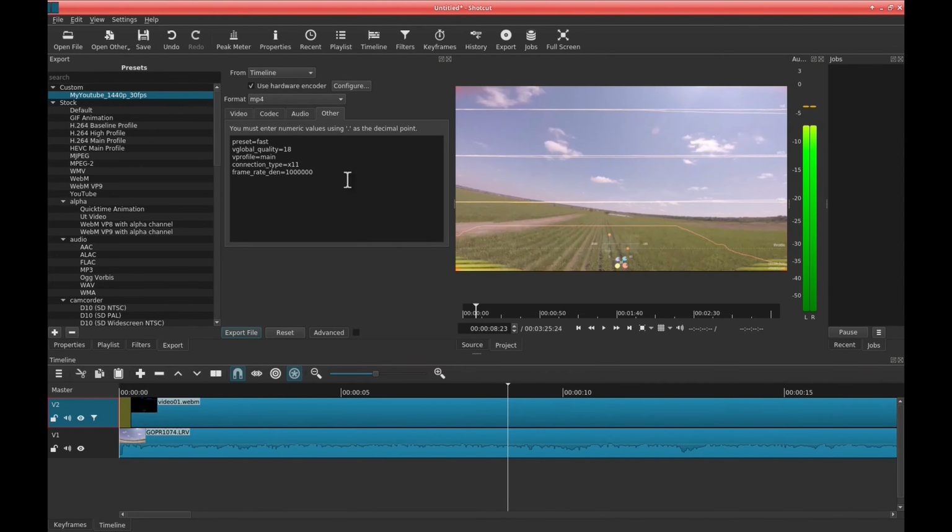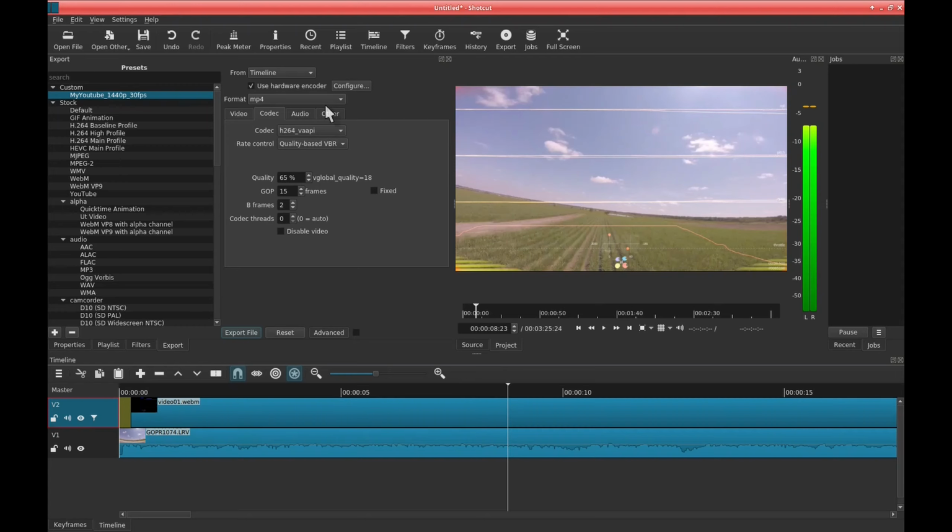The other tab, so I typically delete all these things, and here's the kicker. Fast is fine. If you want a little bit better quality, you can do slow, but that's not super important. If I really want a super high quality, I'll put slow here and I'll put 70 here. But really, the human eye doesn't see it all that much.